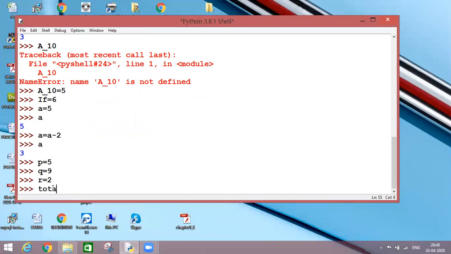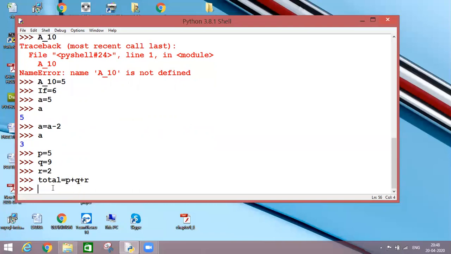Now I am doing one calculation here. Total is equal to P plus Q plus R. What have I done? There are three variables, P, Q, and R. And in this statement, I have added all three values on the right hand side. This becomes my R value and this is my L value.